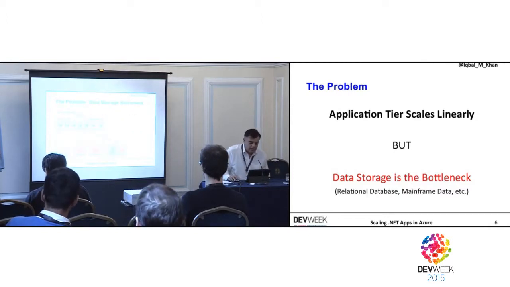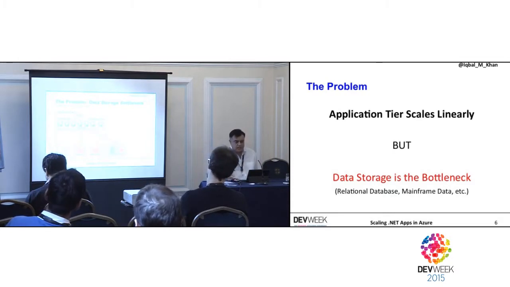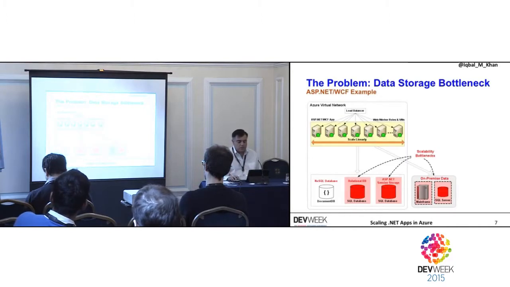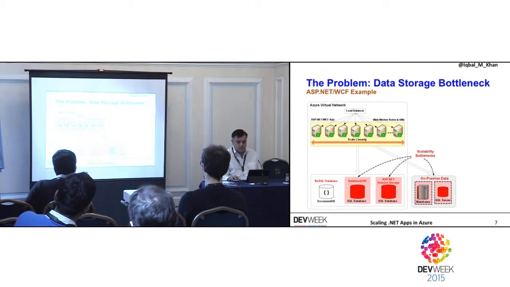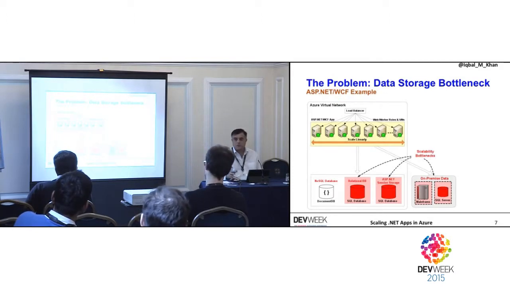Here's another way to look at this picture. Let's say you were in Microsoft Azure, you would have a virtual network, and let's say you have an ASP.NET application or WCF application running. You have some sort of a load balancer here, and as we said, you can add more servers here, but these are the different types of data storage that will become the bottleneck. One is your relational database, which could be SQL or Oracle. It doesn't matter which database you have. If it's a relational database, it's going to